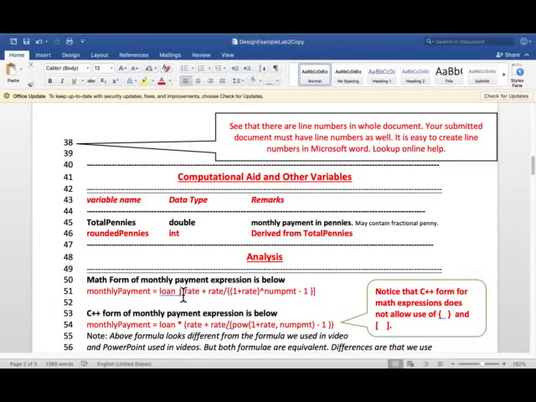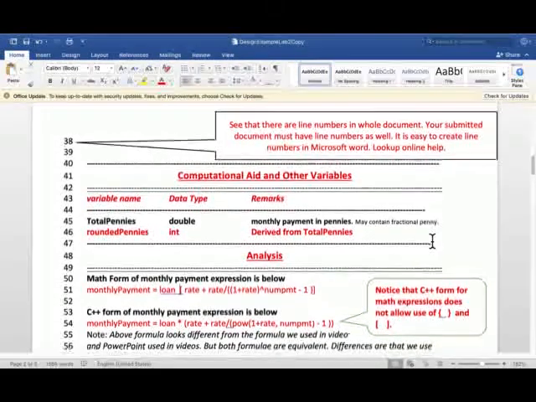So every square bracket has to be converted to parentheses, every curly brace has to be converted to parentheses, and of course parentheses are parentheses. So in C++ form, a math expression does not allow use of curly braces or square brackets. So math geniuses, please understand that. We don't allow that. Okay, we don't allow that. Actually, it's not my fault. That's how computer programming languages are. Okay, so